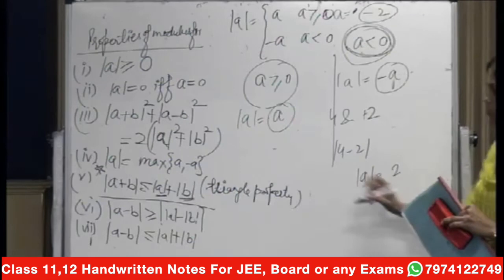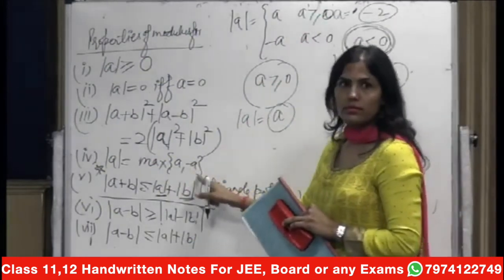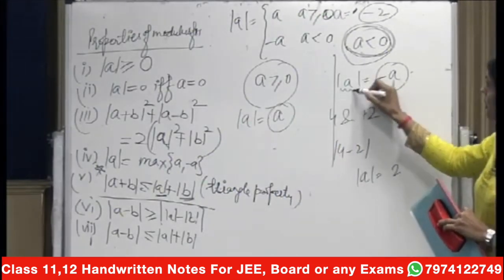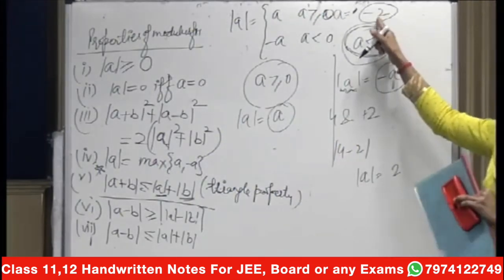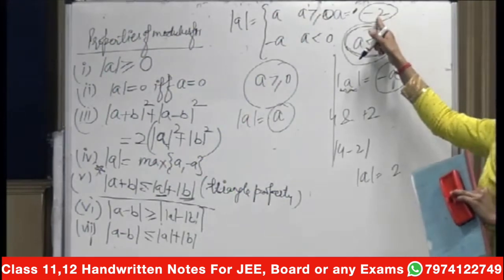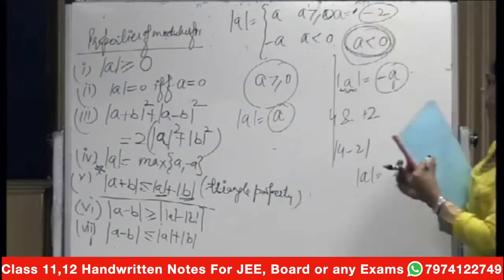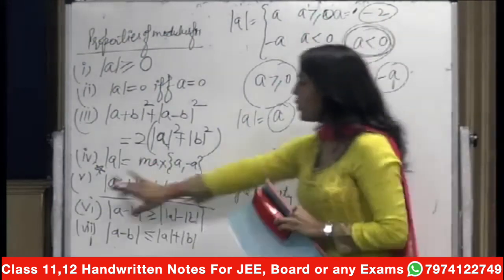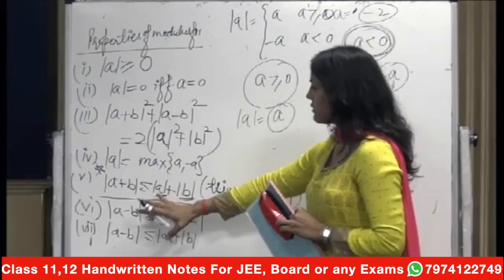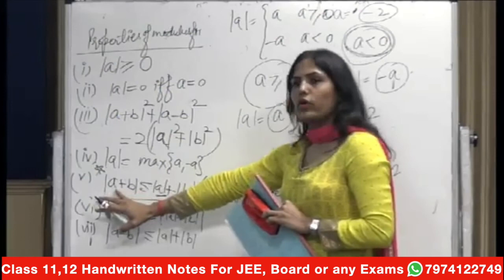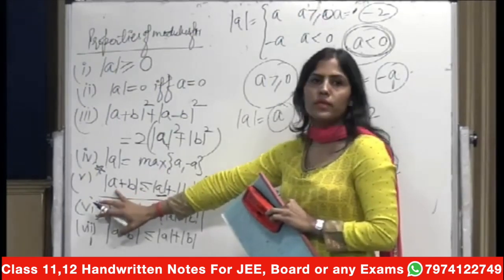So you just check it. Mod is maximum of a and minus a. I think this a is confusing you. Otherwise you can take any real number. So minus 2, by minus 2 it is clear? I hope so. Any number you can take up. Is this clear, or should I explain again? Okay, it is fine now. And this fifth property is basically, sum of two sides of a triangle should be greater than or equal to the third side. This is the meaning.